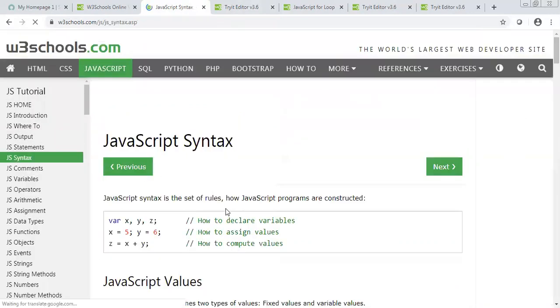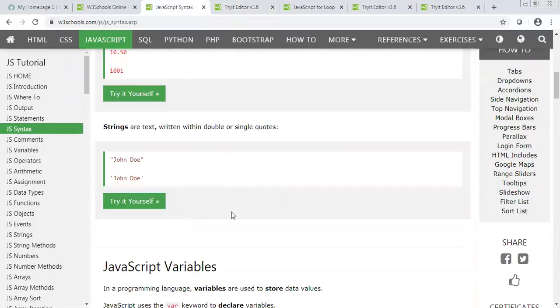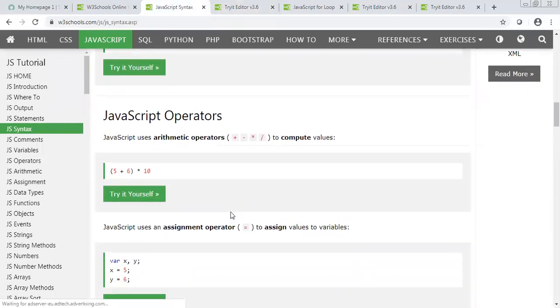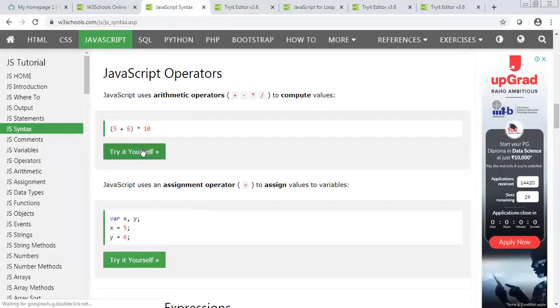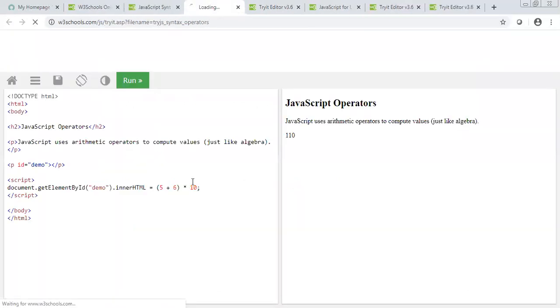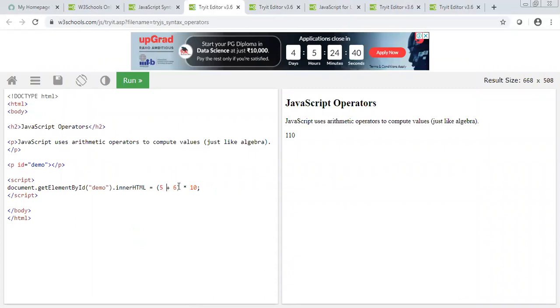Then this is how you do the multiplication: plus sign for addition, and you can use the star sign to multiply. These are basic operators, plus, minus.